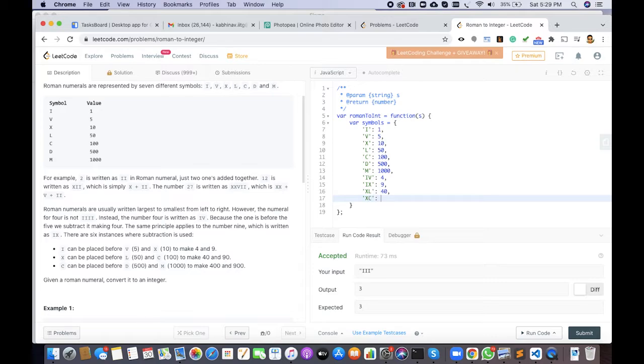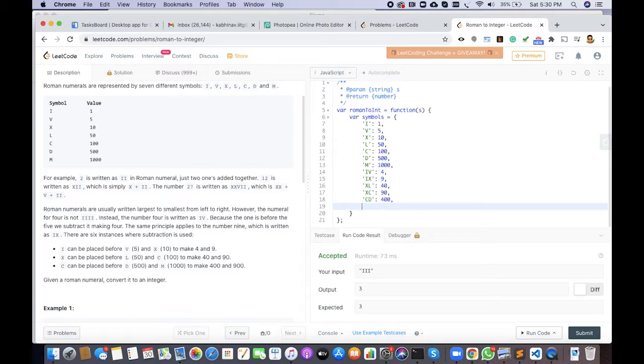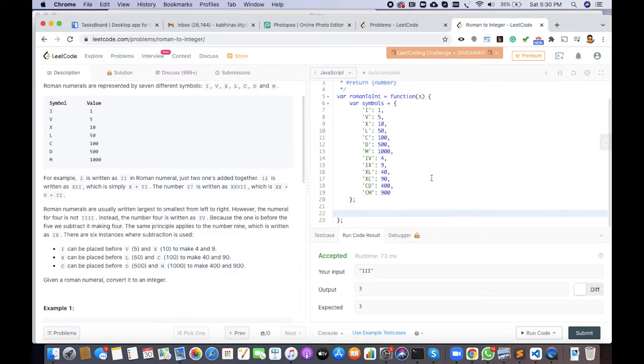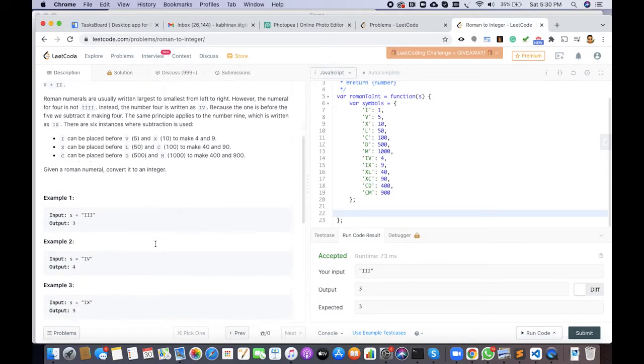And similarly CD would mean 400, and CM would mean 900. So we'll first create a map like this, and then what we'll do.